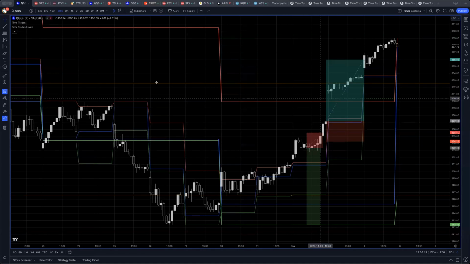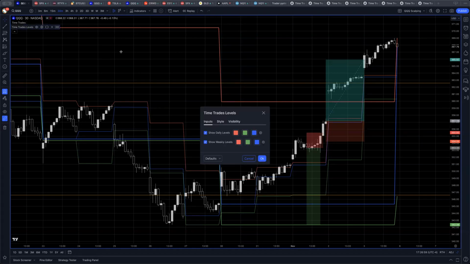So we've got a new script out there. It's called Time Trades Levels. I just published this today. Everyone should have access to it, or at least all Time Trades subscribers should have access to it. It's a very simple script. I want to take you through a real life trade I made with the help of this script last week